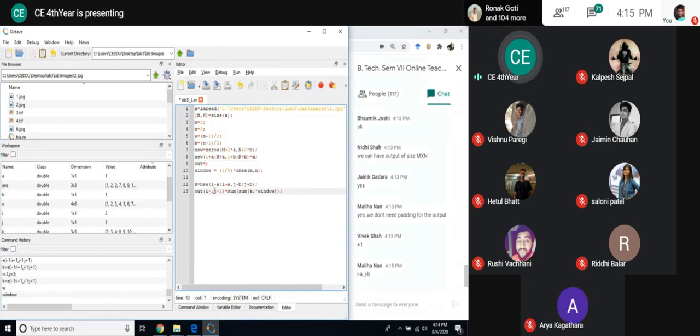Okay. As Maliha is saying, I'm just following her. That this a minus b. Okay. Let's see if it will not work. Then I think it should work. But if not, then we will see how to solve.